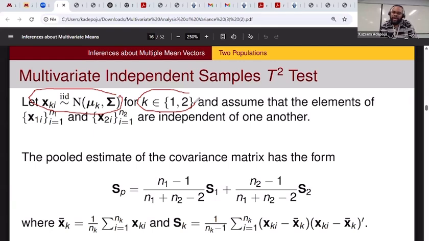Now, we also want to have a situation whereby the two groups, even though they may have different means, the assumption is that they have the same covariance structure. And having the same covariance structure, we mean that we are going to make use of a pooled variance. Now, I need you to pay attention right here. This guy here